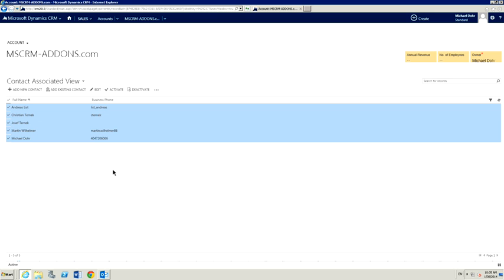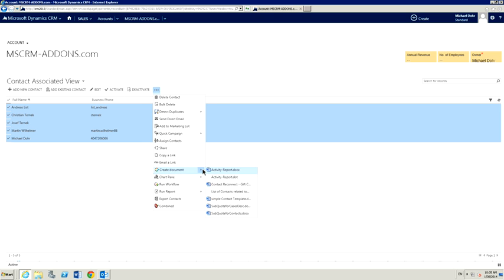I'll go ahead and select them all. Now with the bulk merge, it doesn't matter. I can have 5 contacts. I can have 20 contacts. I can have 50 contacts. I'm just able to select them all, come into here and go down to the create document and choose my